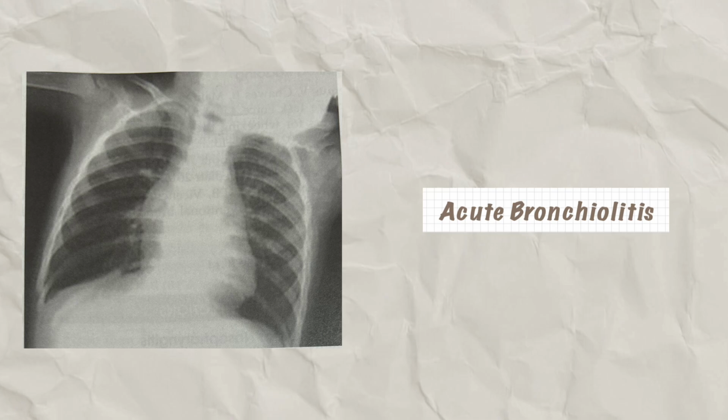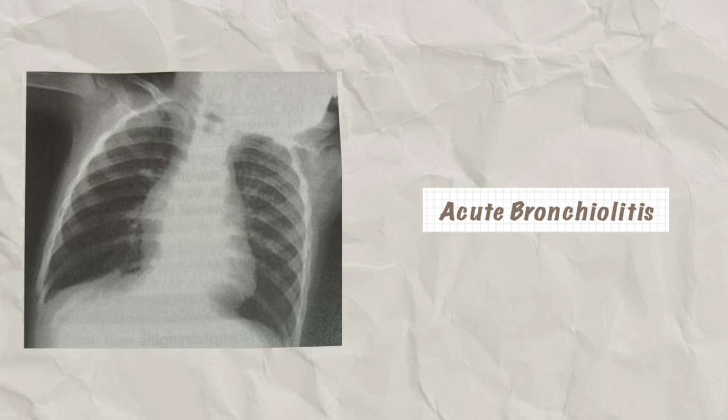Accessory muscles of respiration are working. Expiration is prolonged. Fine crepitations and rhonchi are auscultated. Breath sounds may be faint or inaudible in severe cases. Respiratory distress is out of proportion to the extent of physical signs in the lungs. As the air is trapped in the lungs leading to emphysema, the liver and spleen are pushed down. When the chest becomes overinflated, the anteroposterior diameter of the chest is increased, and hyperresonance is noted on percussion.